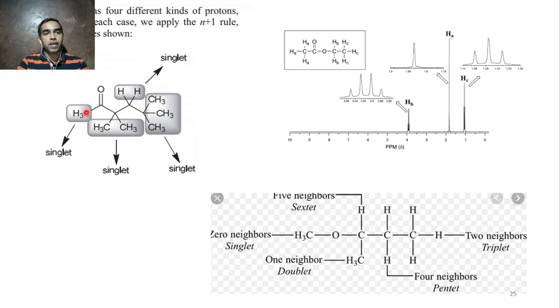Okay, this will appear as a singlet because there is no neighboring proton here. There has to be a proton on the neighboring carbon. Because this is carbonyl, there is no proton here. This is not split by anyone. Now these two again are not split because there is no proton here. These two again are not split because there are no protons on the neighboring carbon. Again these also cannot be splitting. So all will appear as singlets.